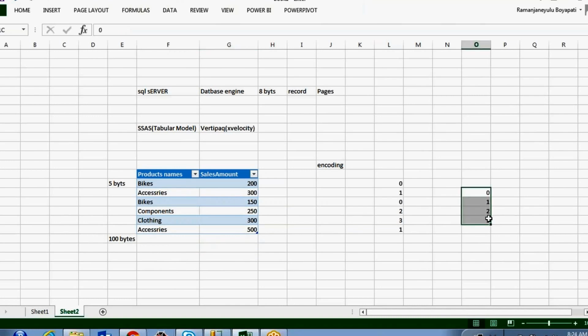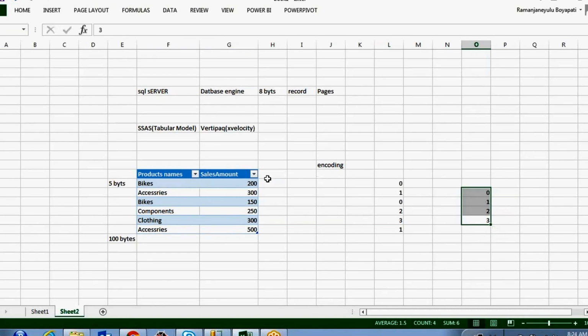But when it stores this in the tabular model, just 0, 1, 2, 3, which are numeric values, so 4 to 5 bytes is enough. See how simply it stores this much data in your tabular model. This is one way it encodes and stores the data in memory.